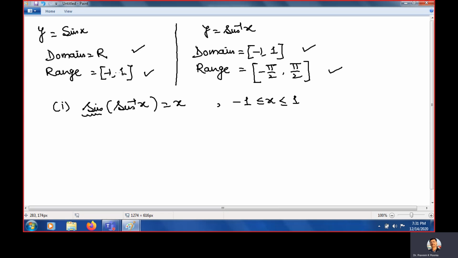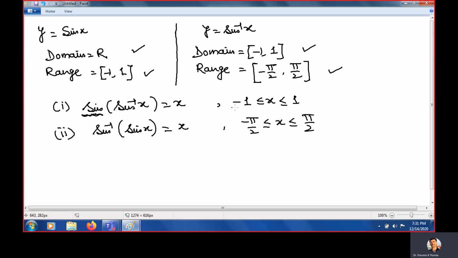Sine means range will be minus 1 to 1. And if we are writing sine inverse outside, then the output will be an angle. Clear? So if sine inverse is outside,